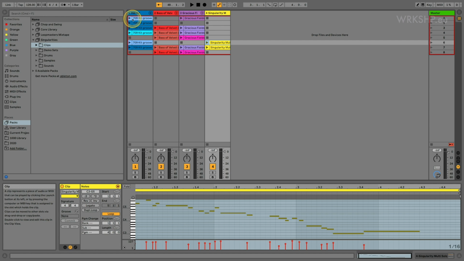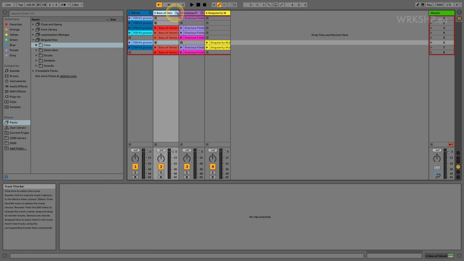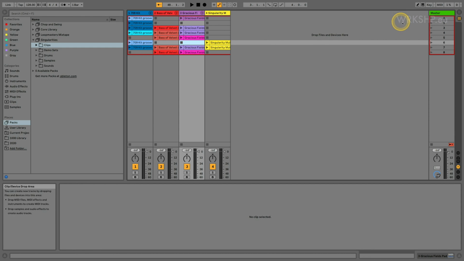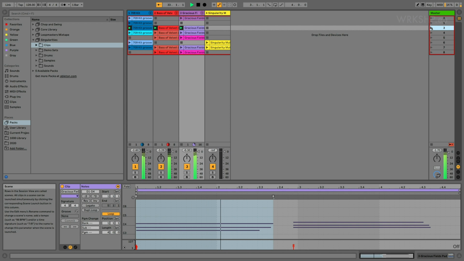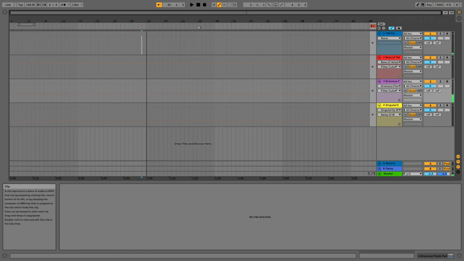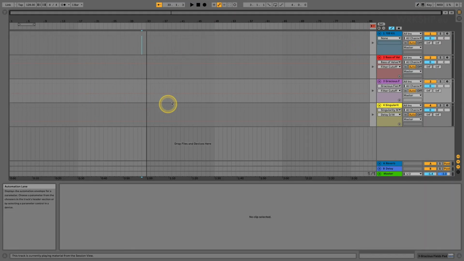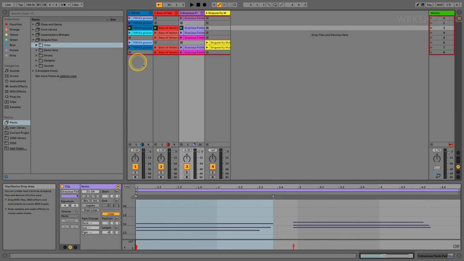So you could, if you want, play three clips here on this track, this track, this track, but then, for example, the arrangement view, be listening to that one. So how this works is that if I launch, for example, let's just launch this one here with these 3 clips here, that means that nothing is going to be playing here. If, however, we would want to play the arrangement, there's this button here called the back to arrangement button. If you click that, that means that anything that's here will be activated and will play here and will not play there. So let's give a very concrete example of that.